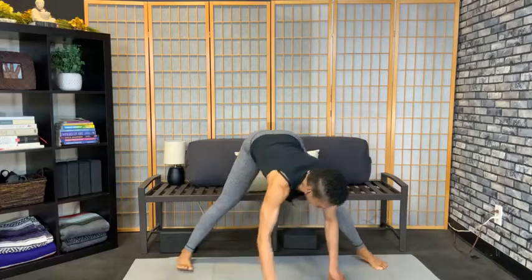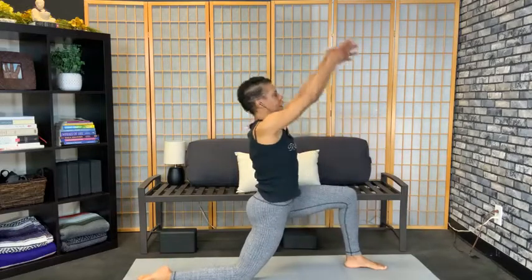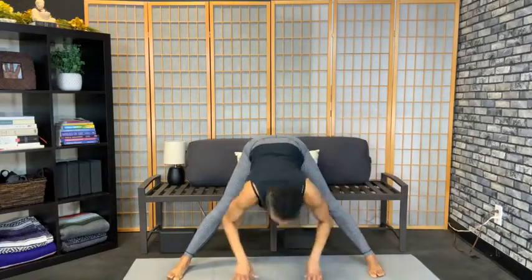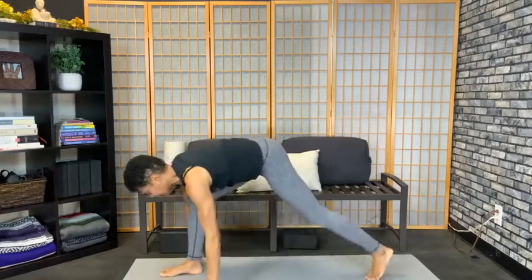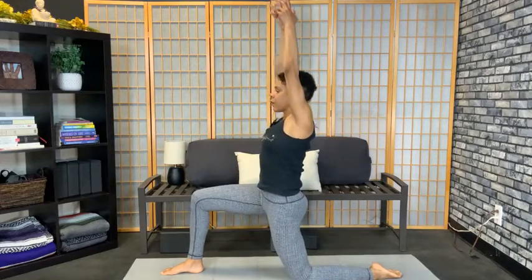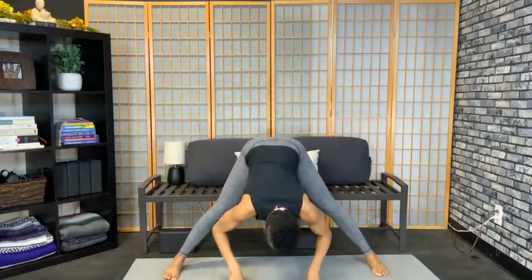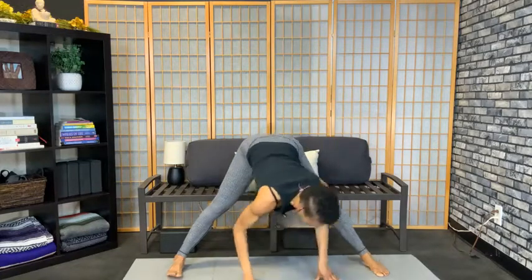So let's turn to the right side, lunge, drop the left knee. It's the low crescent warrior, arms go up, and you can add a little back bend if you like, and hands down, Prasarita Padottanasana. Look halfway up, inhale, exhale back down, turn to the left side, lunge, low crescent warrior, arms up, little bit of a back bend, or open the armpits if you like, and down. Let's do one more round, Prasarita Padottanasana, look halfway up, inhaling, exhale, press back down, turn to the right side,